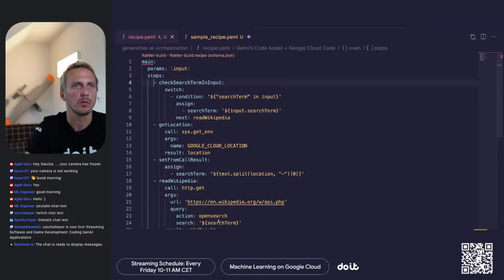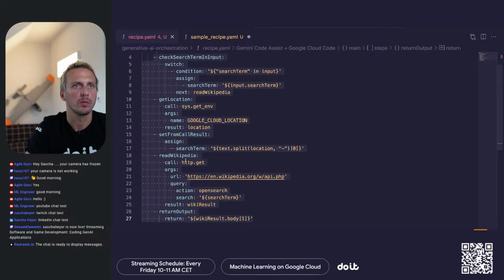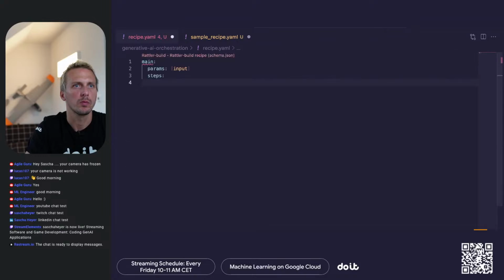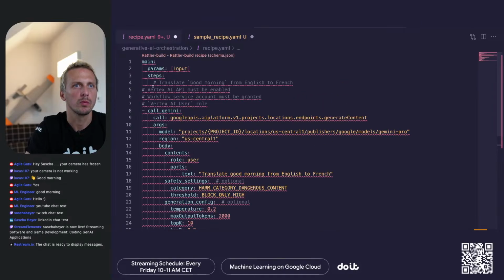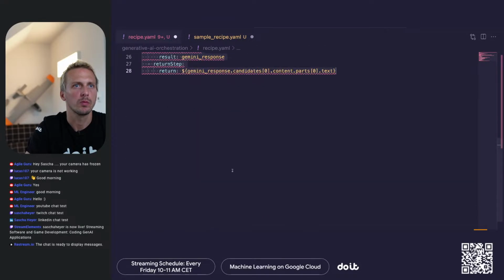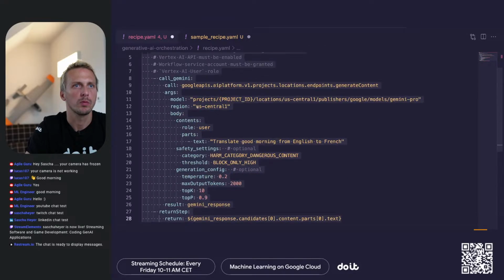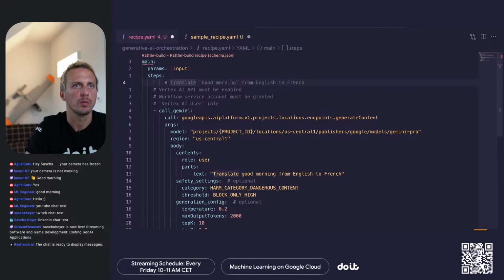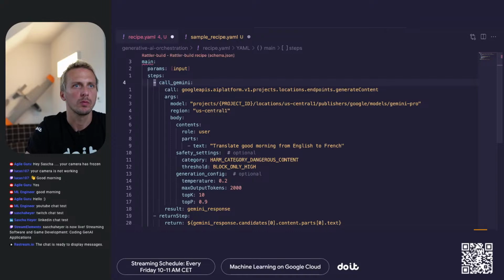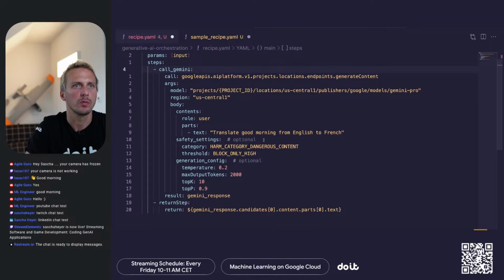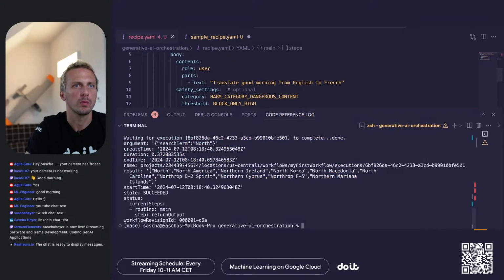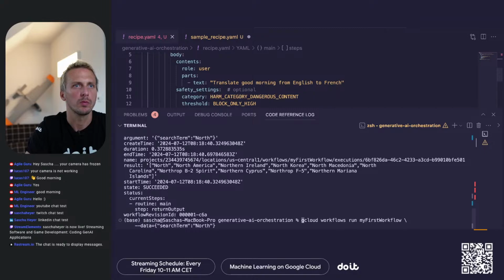And we're adding the steps here. Delete that, edit. So it's translating from good morning from English to French. Yeah, from English to French. And it's not generating a recipe either. We probably need to